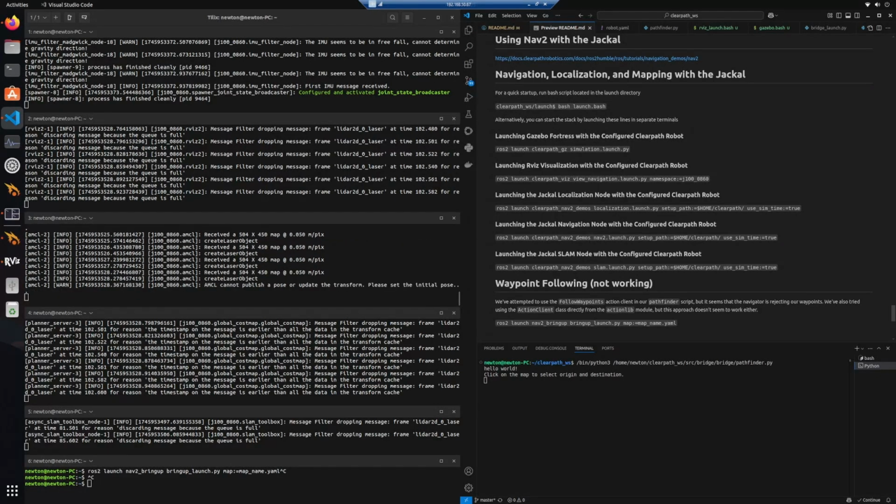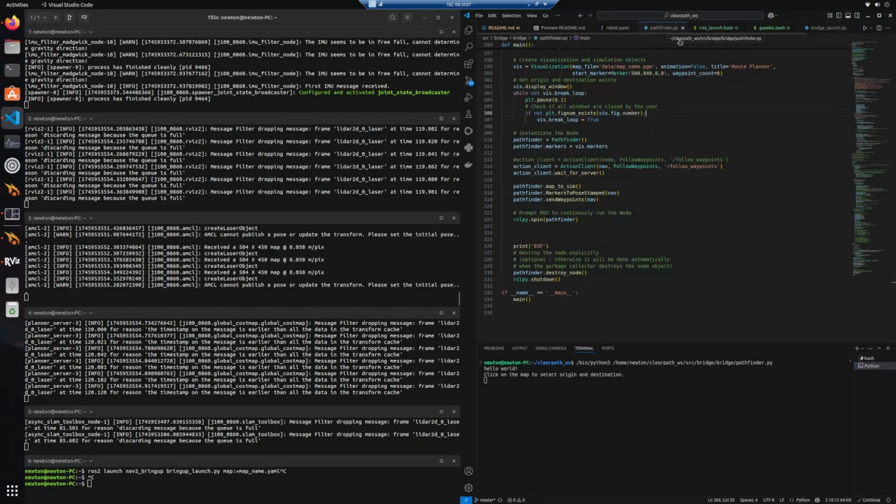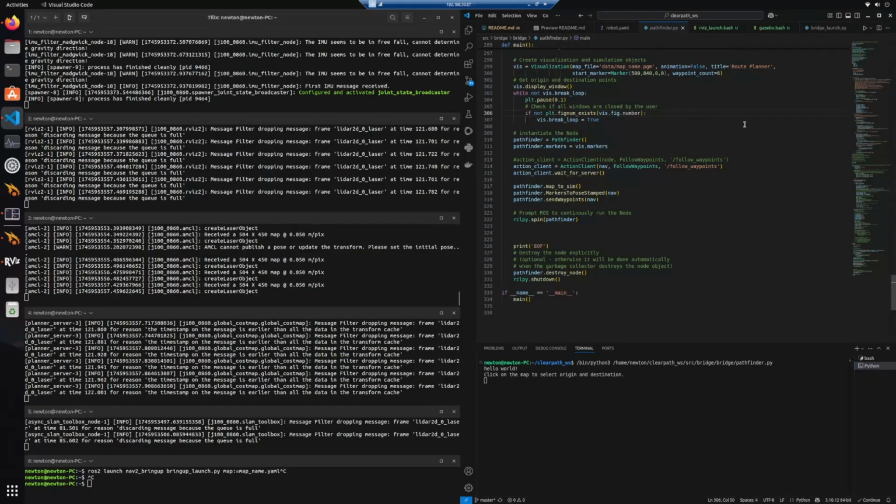We intended to use this simulation with a waypoint following system in which we would pre-program route coordinates so that the Jackal would scan the rows of the warehouse or the cornfield consistently with a given path. To do this, we created a pathfinder.py. It is a visualization as well as a marker creation in which it creates pose stamps for the nav to